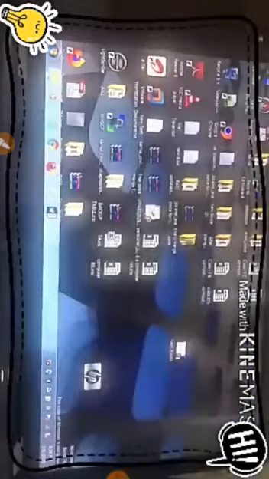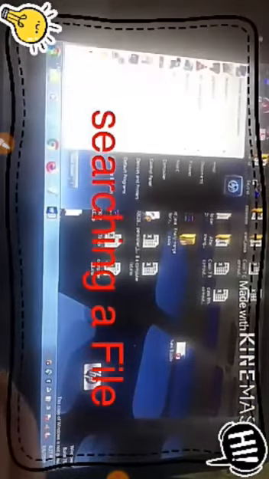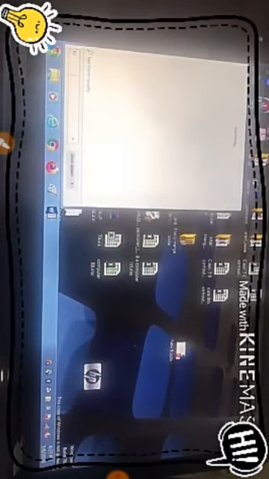So you first have to click on the organize button. Under the organize button you will find these options: cut, copy, paste, undo, redo. All these options you will find. You just select the file which you want to move. Like here I am selecting this Pankaj data, then I click on organize and select the option cut, and where I want to paste it, I open that place and select the option paste.